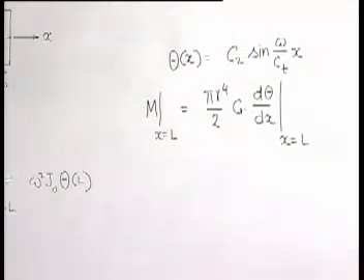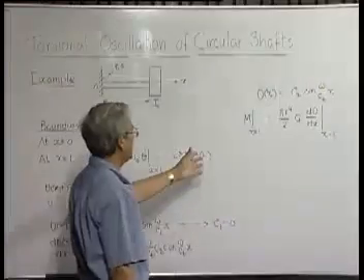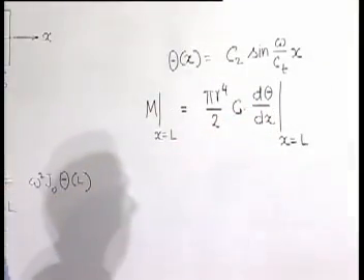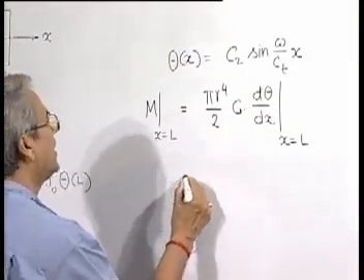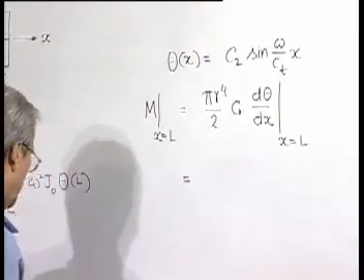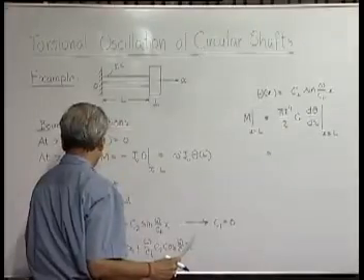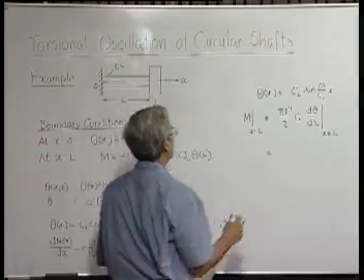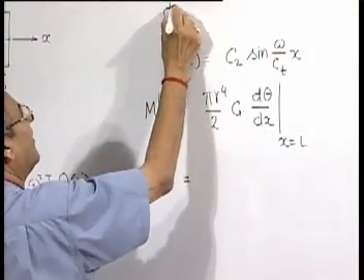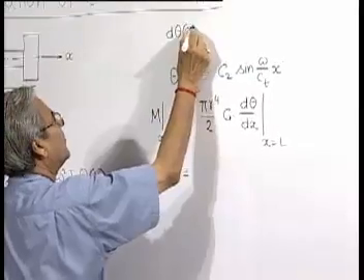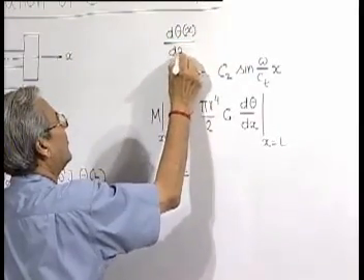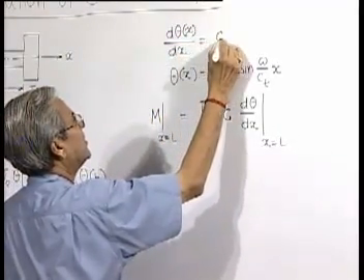So therefore, moment at x is equal to L will be the same thing when we calculate this at this. So therefore, this is nothing but, now C1 is 0. So d theta dx is C2